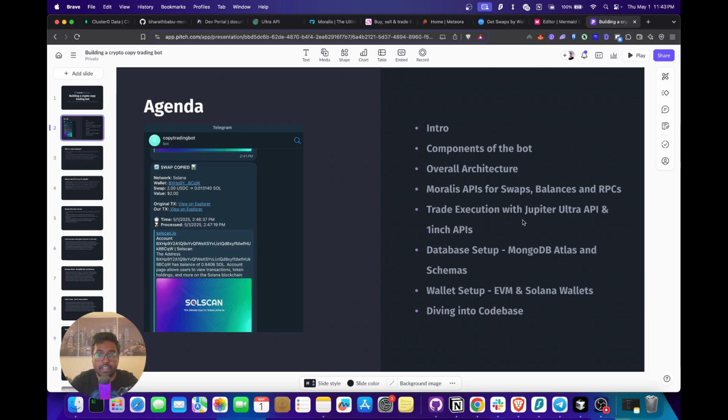So the next thing after the trade execution is going to be the database setup. In this tutorial, we're basically using MongoDB. I've got a MongoDB Atlas setup, so I'm going to show you because that's really easy to get started. And I'm also going to give you a walkthrough of various schemas in our database that are related to our copy trading bot. After that, we're going to see the wallet setup, how you can actually set up your EVM